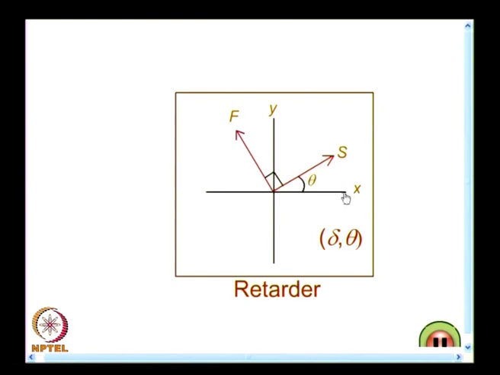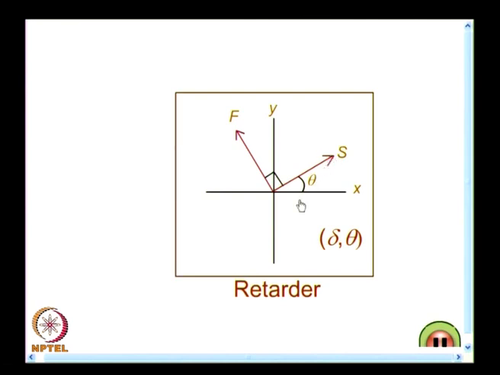My reference axis is horizontal x and y, and I will always represent a retarder by two parameters: the retardation introduced, and theta. So, delta is the retardation introduced by the retarder and theta is the orientation of the slow axis with respect to the horizontal. This you should never forget,